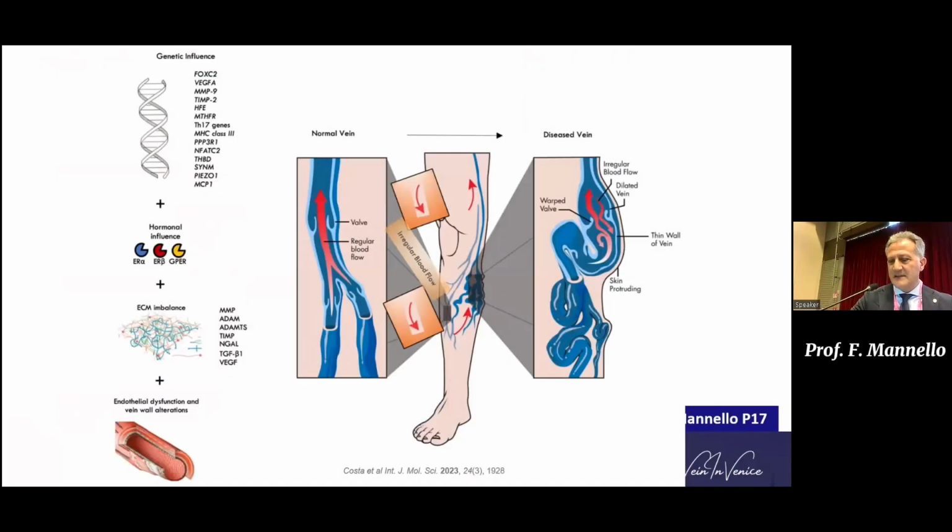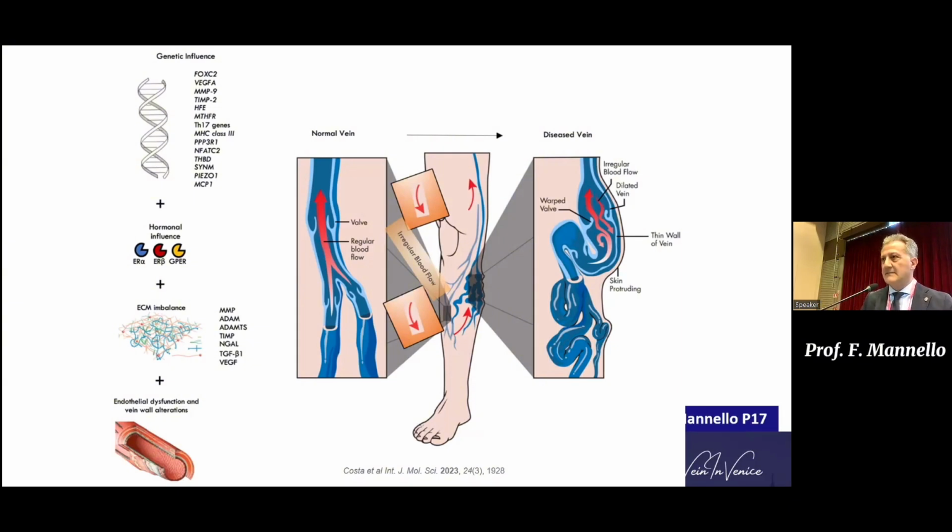When we talk about chronic venous disease, of course, we take into consideration some aspects. Firstly, the genetic influence: some genes and the alteration of the gene may be involved in the predisposing factors like inflammatory cytokines, proteases, and so on. But in conjunction with the hormonal influence of a specific microenvironment, of course, there is an important role of the extracellular matrix imbalance. And the imbalance may be, of course, guided by